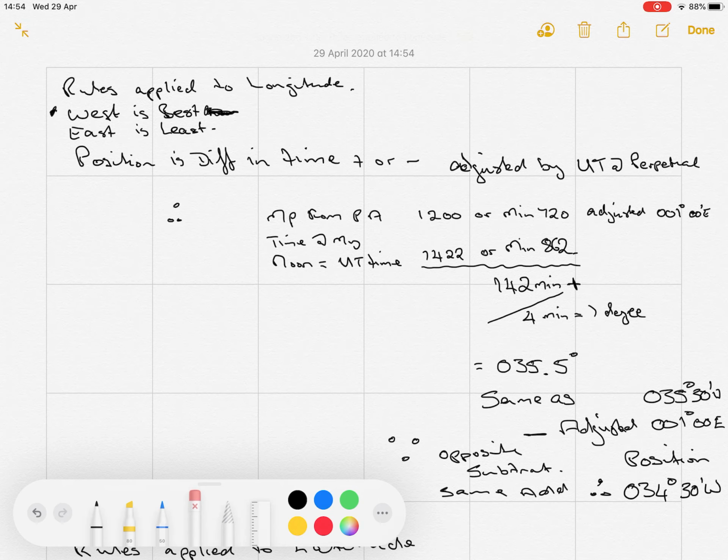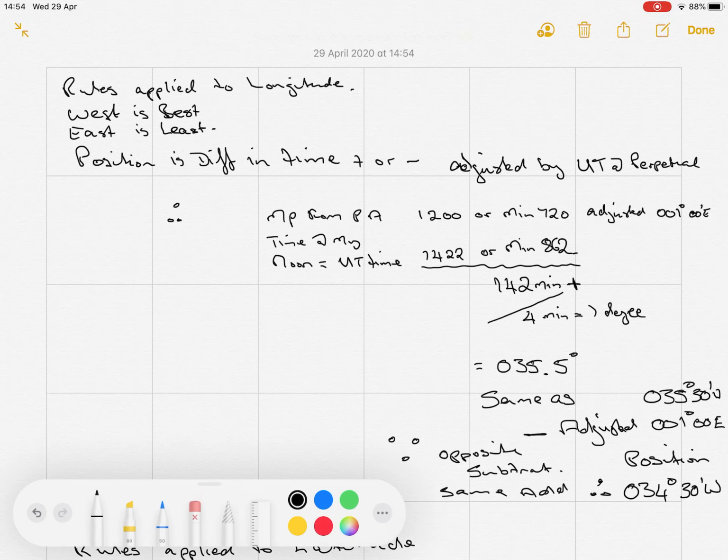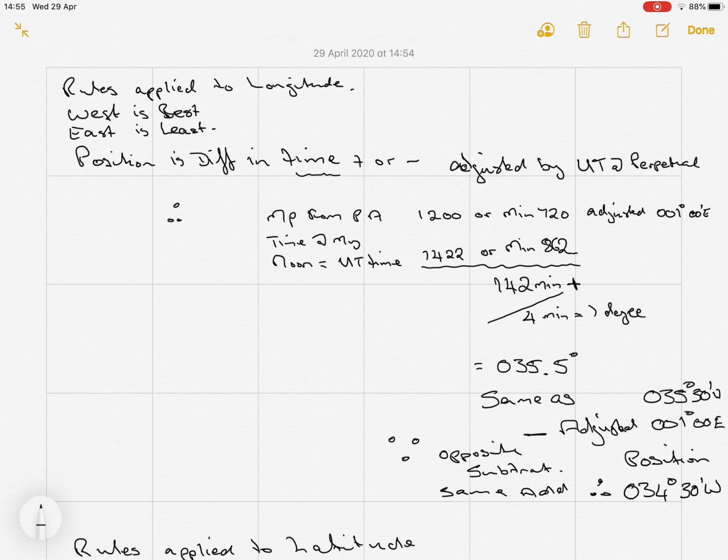What we need to then look at is how do we put all these numbers into a little formula. Okay, so if I look at this, the position that I am is the difference in time plus or minus the adjusted UT from the Perpetual Almanac. So in other words, UT is not always on the zero line. UT sometimes moves 2 degrees east and it sometimes moves 4 degrees west. So we need to find where it is according to the Perpetual Almanac on the existing day. So in this example, it is